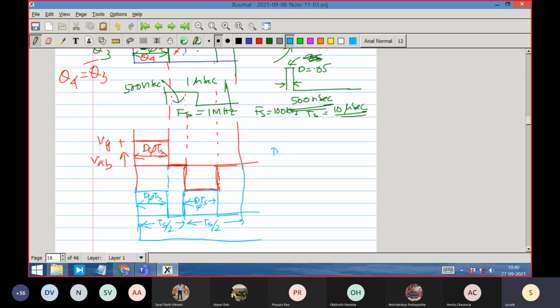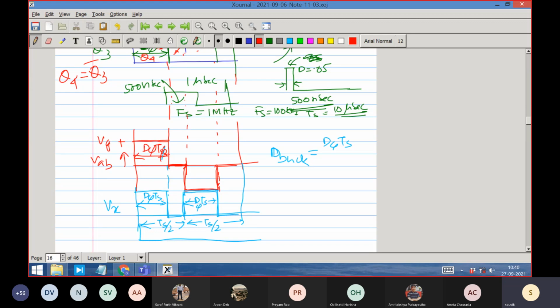So the actual duty ratio that the buck inductor will see, I will write d buck, because that is the rectified voltage, which we called Vx. In the last lecture we had called it Vx. So the buck inductor will see a duty ratio of d phi Ts. Allow me to define it by Ts by 2.